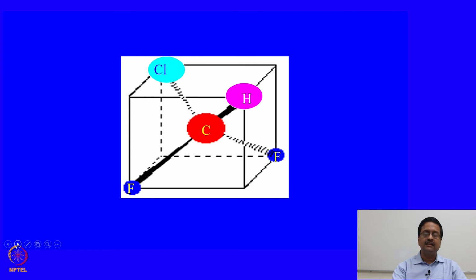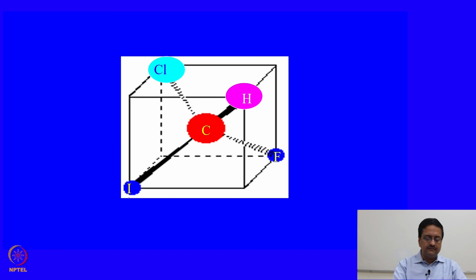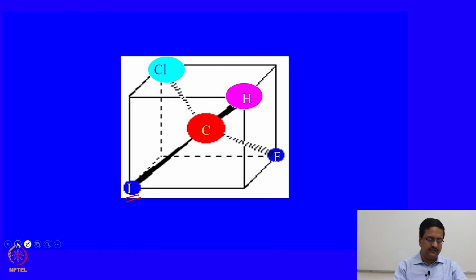Here in this particular example, you see that this compound has two groups the same, and these two groups being the same, the compound has a mirror plane, and that presence of a mirror plane makes this compound an achiral molecule. But if I replace one of the fluorines by hydrogen, the mirror plane disappears and hence makes this molecule a chiral molecule.